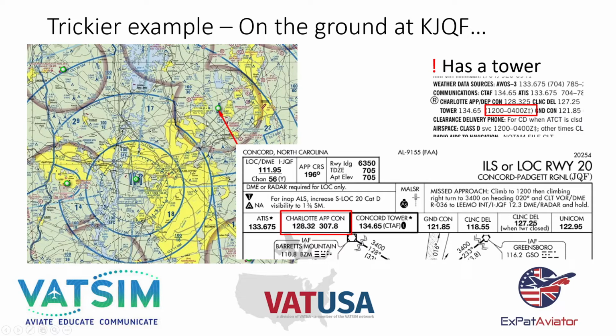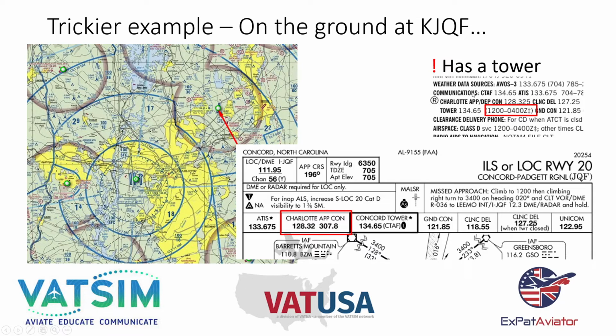Now there are other ways that you can find that out, because it's not necessarily the case. If you pull up an approach chart or something like that at Concord, you can see on this ILS for runway 20, it says Charlotte Approach Con. So that's a pretty good sign as well. Also, if you look in the facilities directory, and all these things are available on SkyVector, and I'll post some links in the description. Look for the little R with the circle. Charlotte Approach Departure Control. They're controlling top down. You've also got the tower frequency as well.